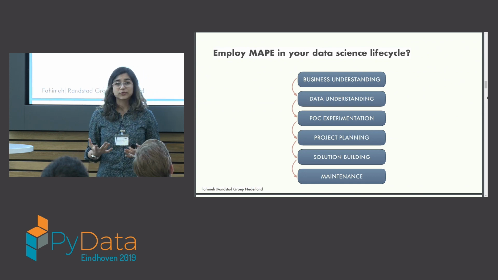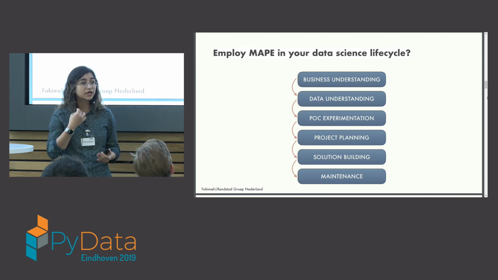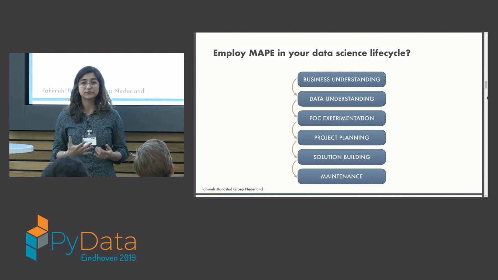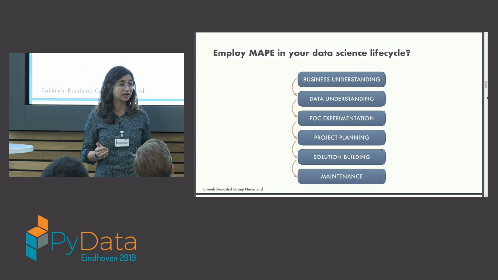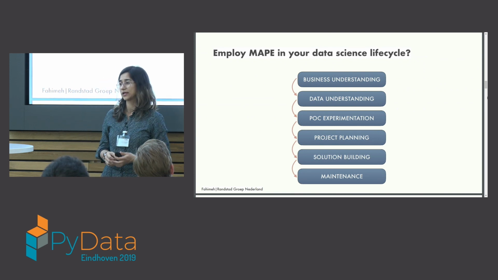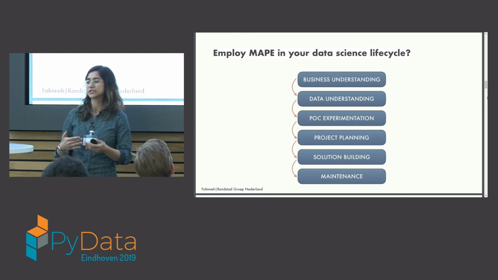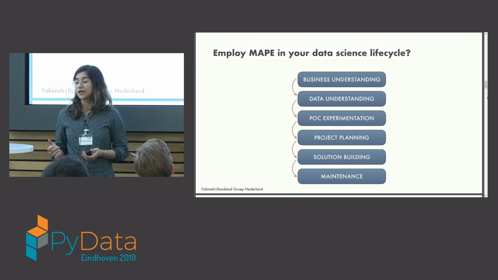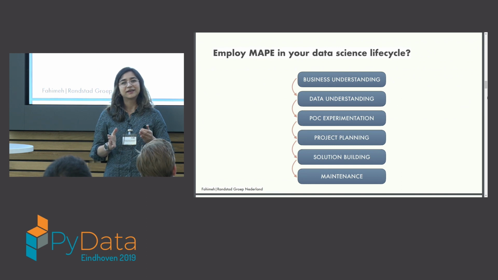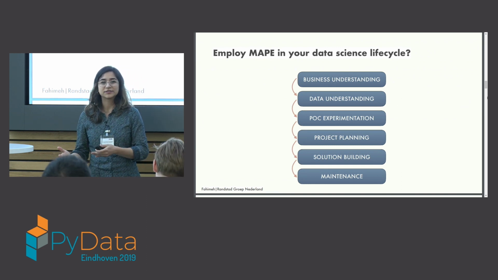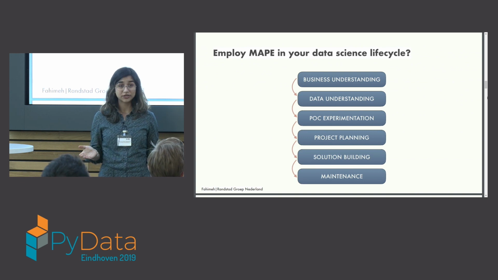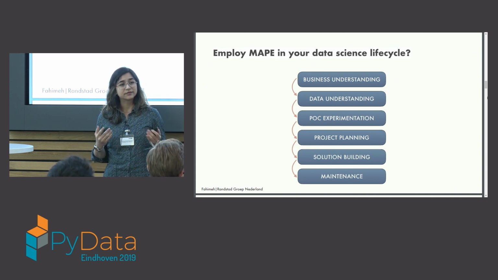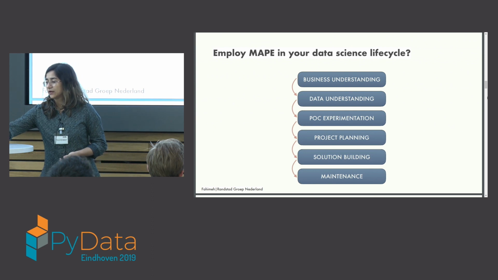And then you start doing some POC experimentation. Okay, what kind of model can I use for this? Which hyperparameter tuning is going to work best? How can I scale this solution up? These sorts of questions for the POC experimentation. And then, if the decision is to go towards solving that problem, you go to the phase of planning the project, and then you implement it, and then you maintain it, right?